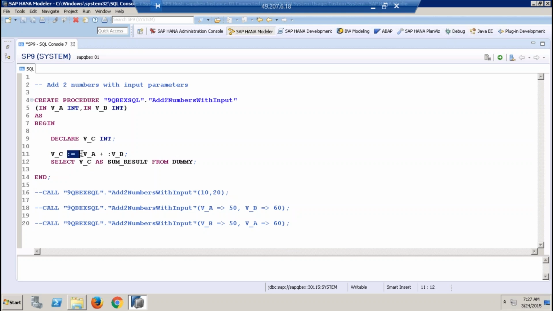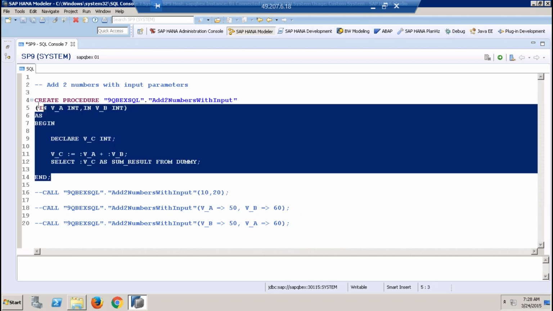So it performs the operation on the right hand side first. Then the resulting value will be assigned to the left operand, which is on the left hand side, because of this assignment operator. Then I just want to print the value of v_c as what? Some result from dummy. So let's take this and